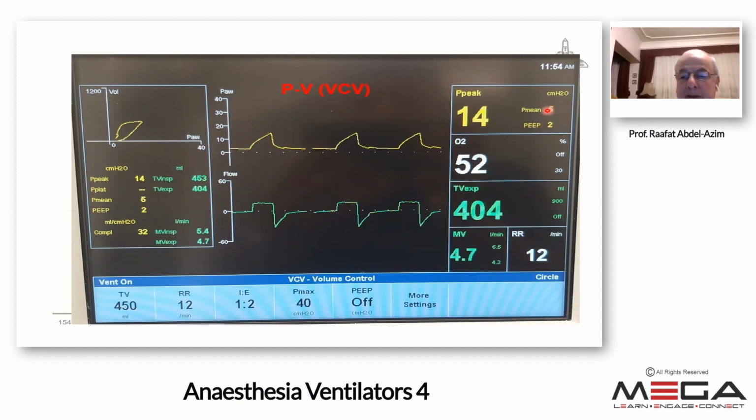And the mean, I described the equation before. And this is the flow. The flow is constant or square for volume controlled ventilation. So the PV loop here is displayed on the left side. It will go